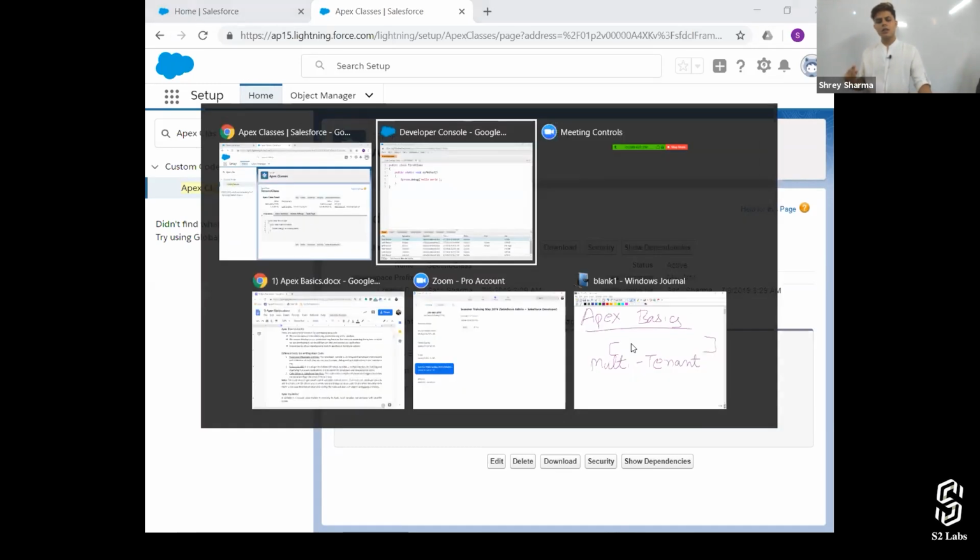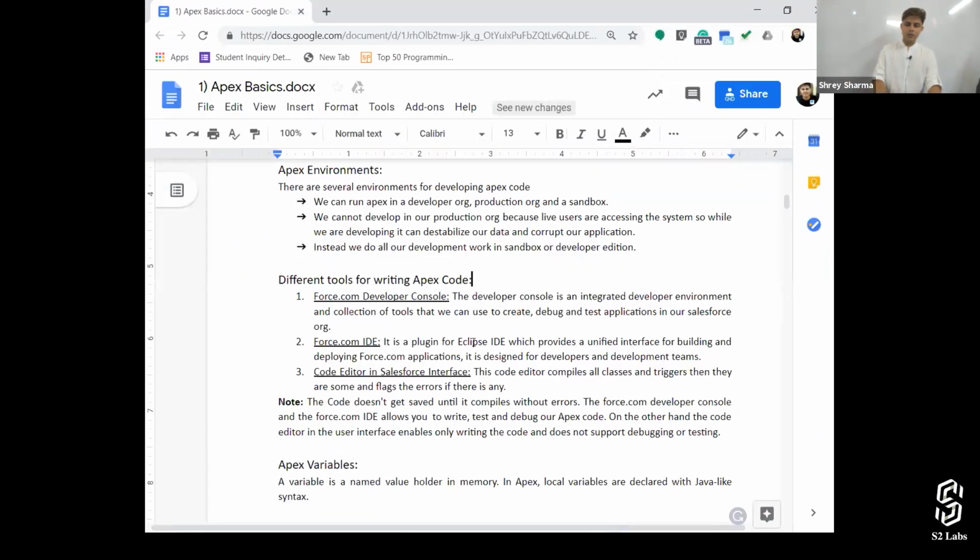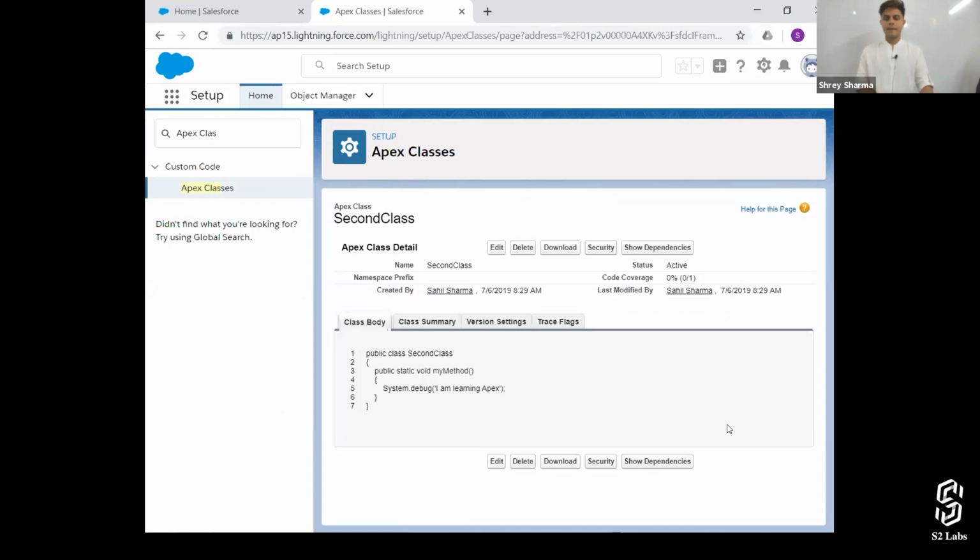Let's talk about the third tool to write the Apex code. Right? How many of you have heard about Eclipse? Everyone. How many of you have used Eclipse? Many of you. How many of you have written Apex code using Eclipse? So there's one thing. Eclipse is an IDE, and using that IDE, you can write the Apex class. You can create the classes. You can create the Visualforce pages and everything else.